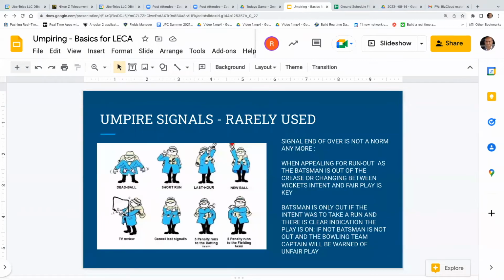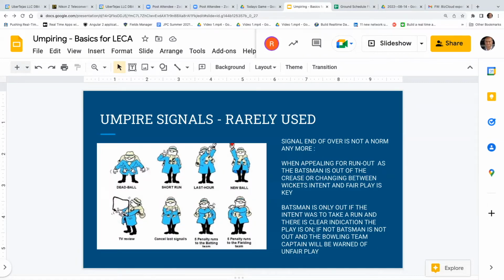That's how that works. Some of the signals that are rarely used are the dead ball signal, and there are some rules for dead balls that I'll go through later, and short run, when the run is short. And these are there. But one of the controversies that I always see